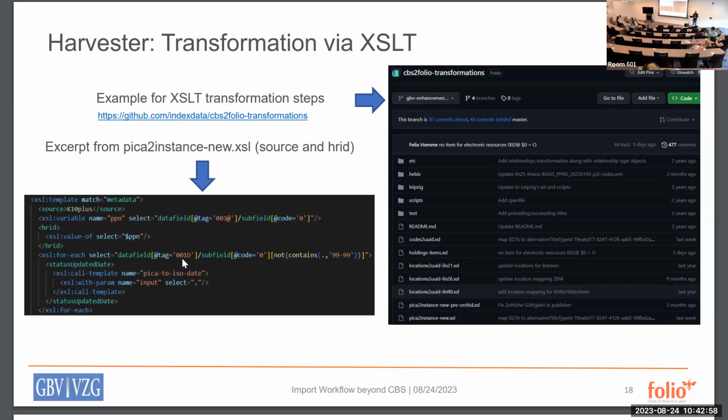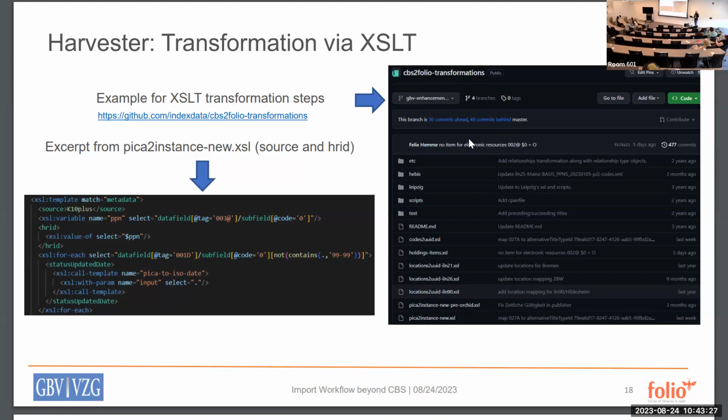And the third one, that is quite a bit more complex, just to illustrate what you can do. You can also filter out some values, in this case, not contains, and then 99-99. And there are even more things possible. So you can look in different fields. You can have if-else statements. You can have otherwise. So that would be a fallback, a default, if nothing applies. And on the right-hand side,